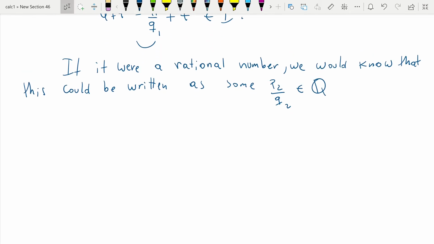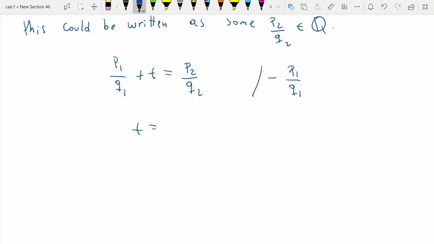But this would mean then that P1 over Q1 plus T would be equal to this P2 over Q2, and we would be able to subtract P1 over Q1 on both sides and get that T is equal to P2 over Q2 minus P1 over Q1,